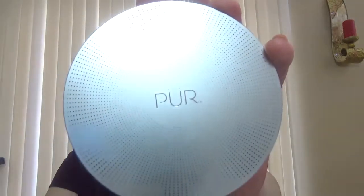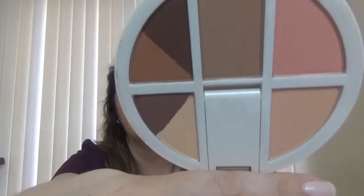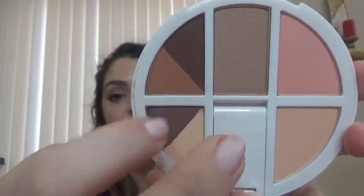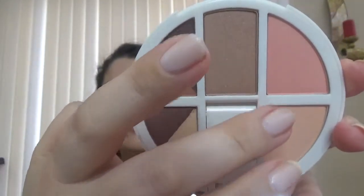So the next one, it's Pur Dream Chaser, and let's see this one. It's a round palette this time, which looks like this. Of course, comes with a mirror, and we have in here 4 eyeshadow shades, a bronzer, a blush, and a highlighter. So actually I think those are 2 blushes. There is no highlighter,